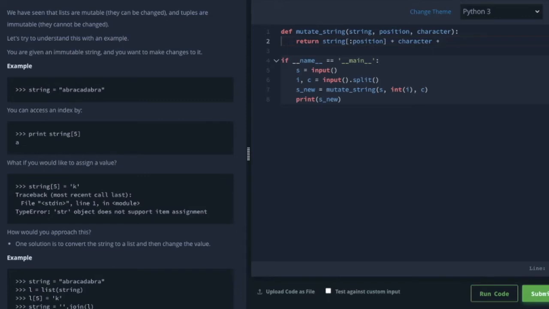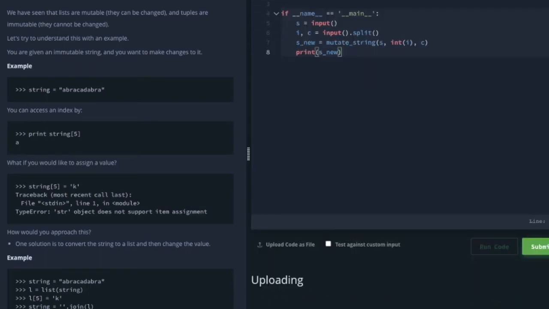And lastly, we'll write string from position plus 1. I'll explain shortly why I've written plus 1. So this is our code. That's it. Just this one line of code is all you have to do to get the solution. So let's run this code and check if it's working right or not.